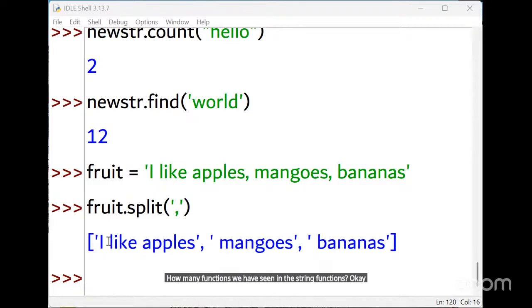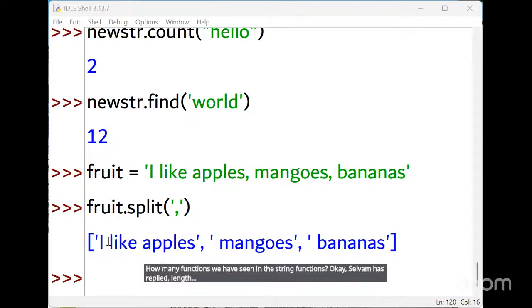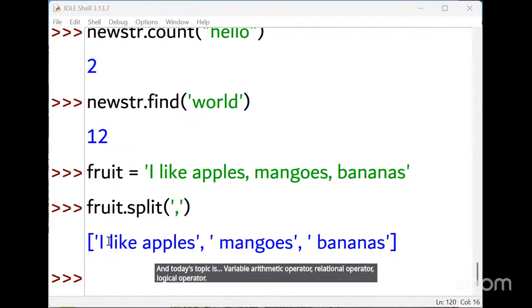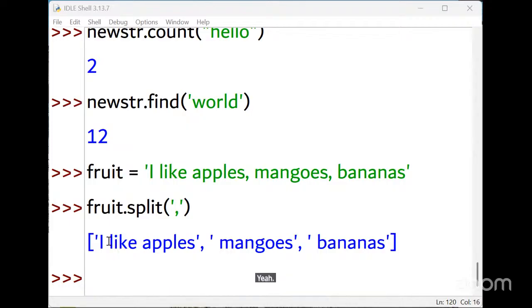Selvam has replied: length, lower, upper, count. Yeah, replace, split, count. Very good.